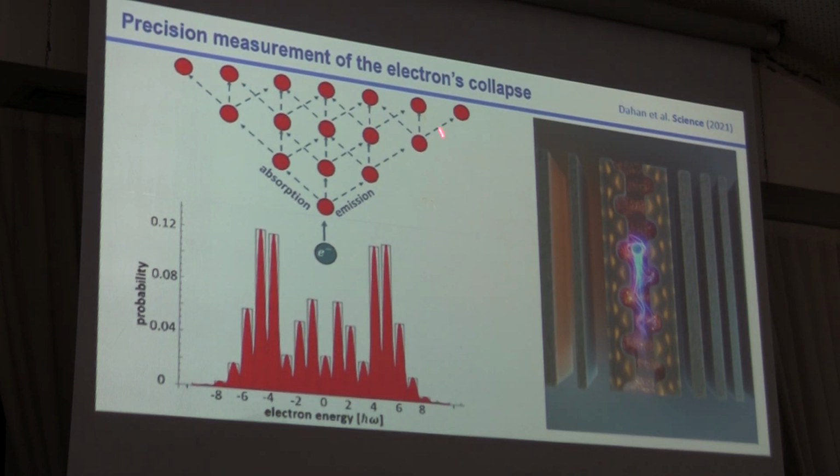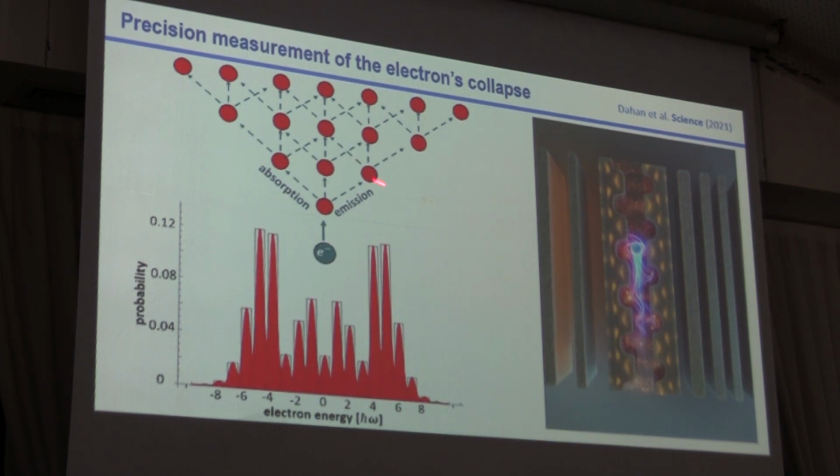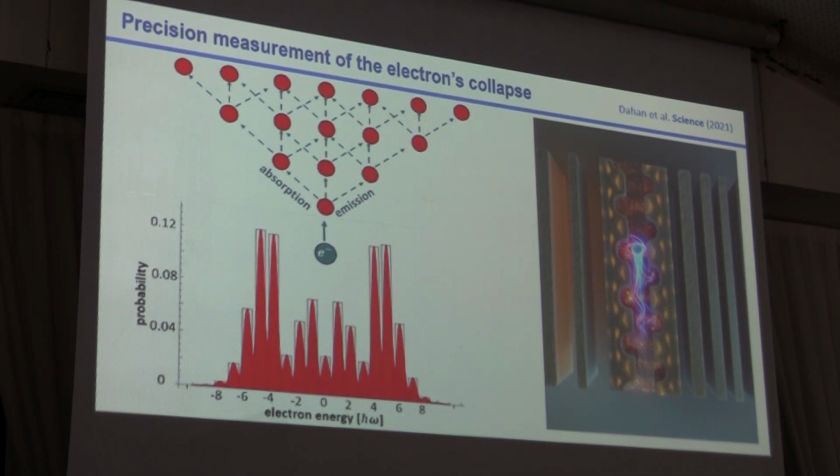And the way to think about it is something like this. The absorption and emission is a bit like a quantum walk on the electron energy ladder. So the electron either goes up in energy or goes down in energy. And we can show that for classical light, this actually goes in a coherent way. So the electron can interfere with its own paths when emitting and absorbing an individual number of photons for classical light that is interfering with it. And then the electron energy spectrum will look something like this, which shows you a lot of examples of interference and destructive interference, a very complex pattern. We can match experiment and theory very precisely there.